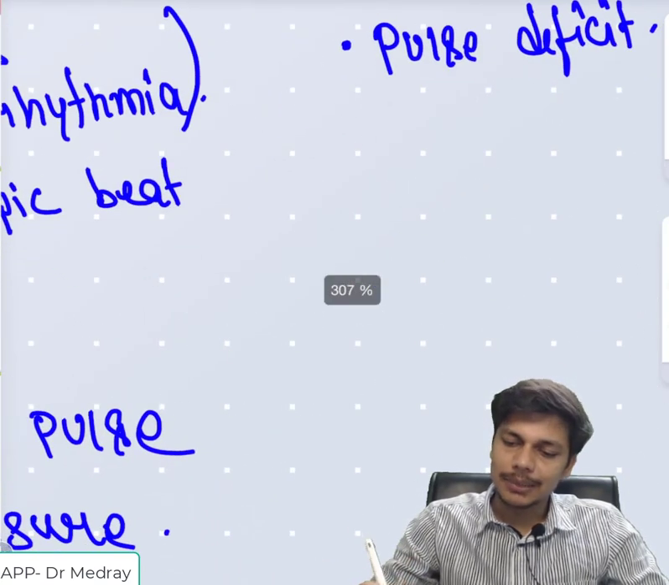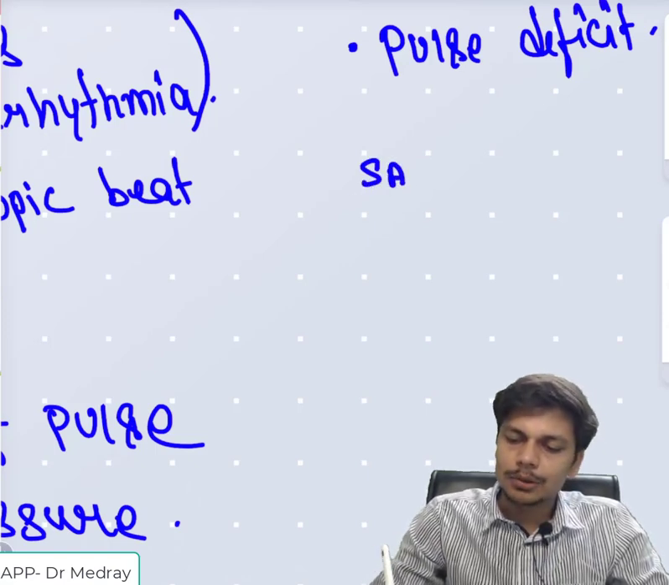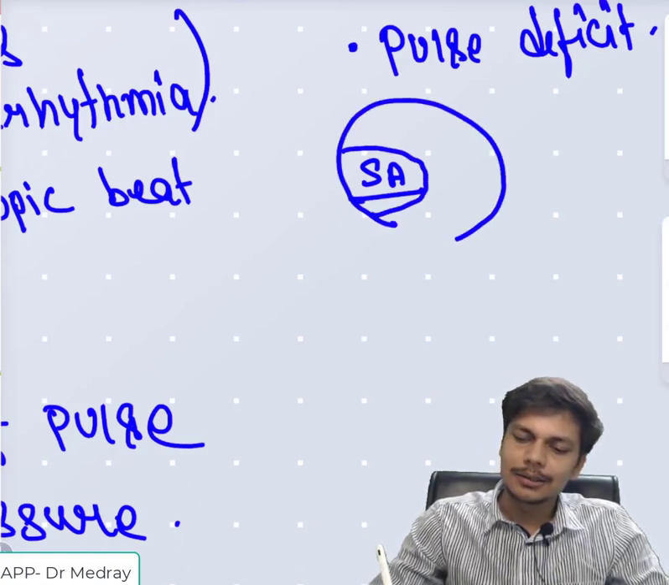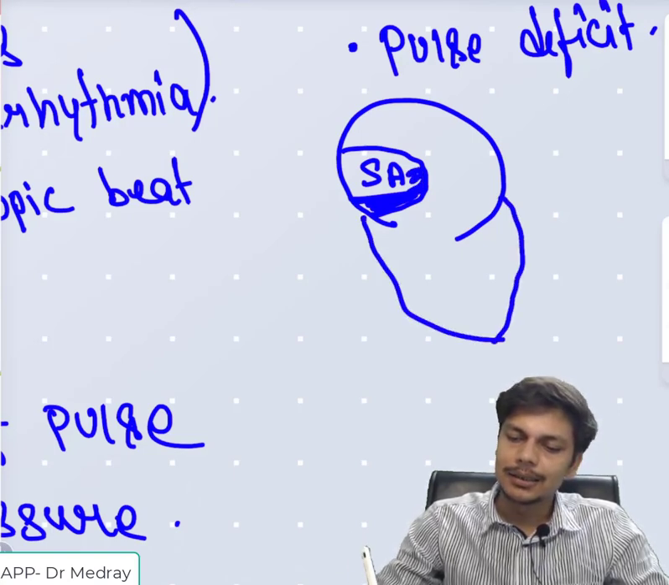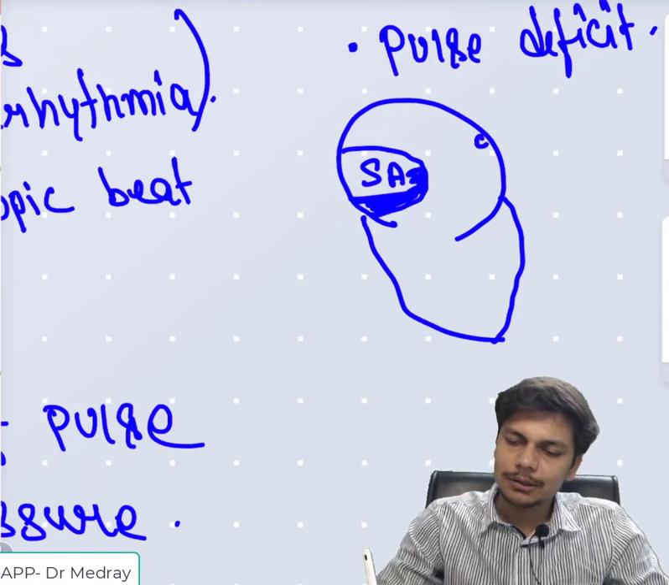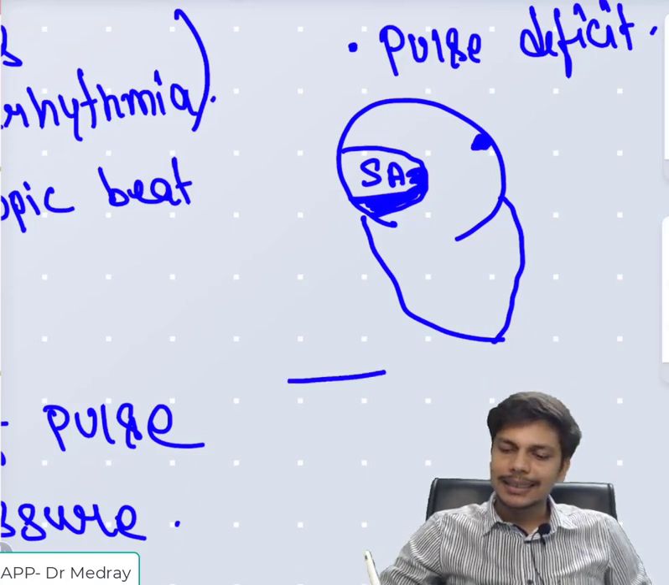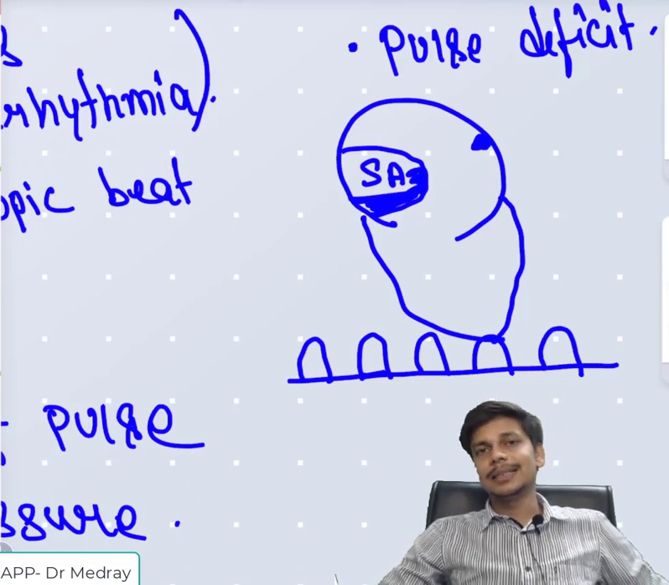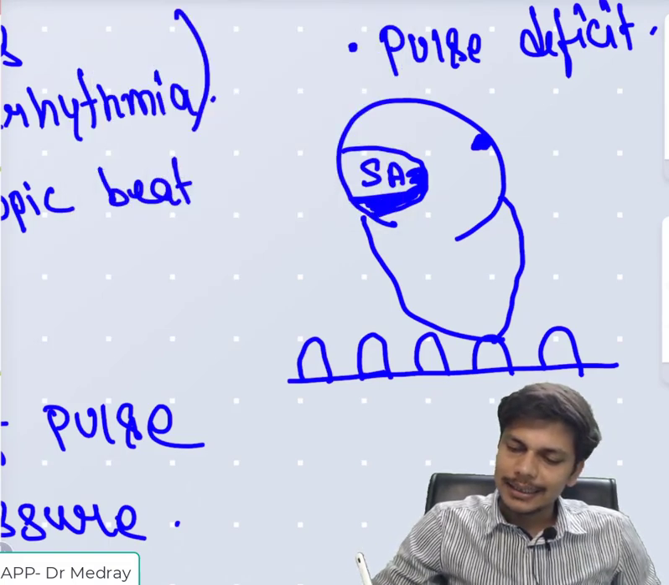What I mean by ectopic beat is that normally the SA node is producing the rhythm. The SA node, which is located in the atria, is producing the rhythm. But suppose this is the atria and this is the ventricle. If the atria is also having some ectopic foci which is capable of producing a rhythm, then in addition to the SA node rhythm, which is occurring at a regular interval, if this ectopic foci is also producing a rhythm which is occurring after every